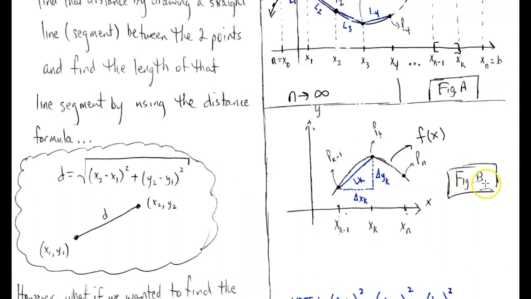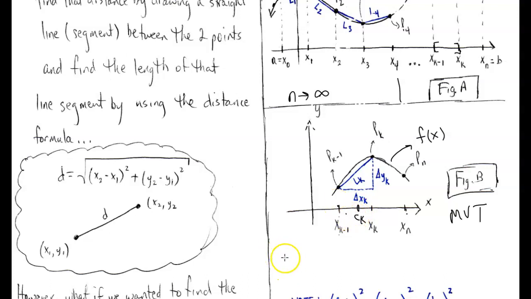Okay. So because our function is differentiable, we know there's something called the mean value theorem that basically guarantees that if we pick some value c sub k in between x sub k minus 1 and x sub k,